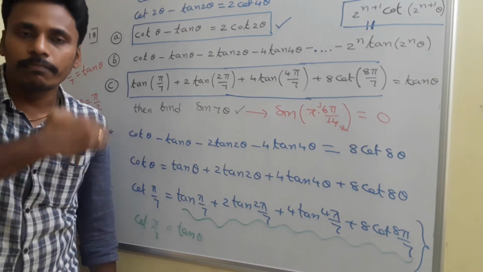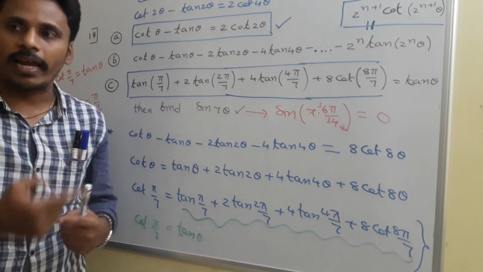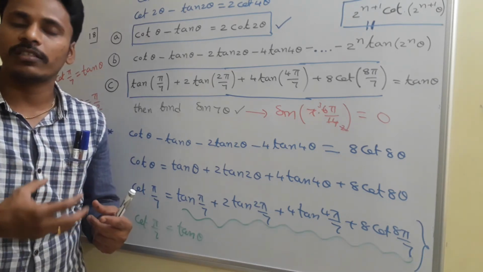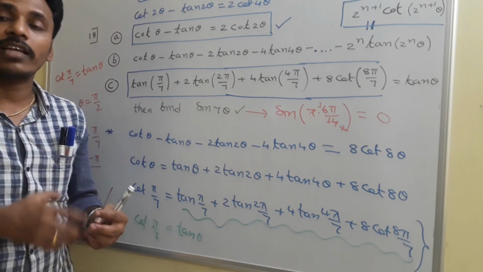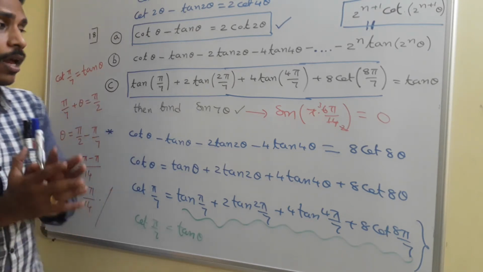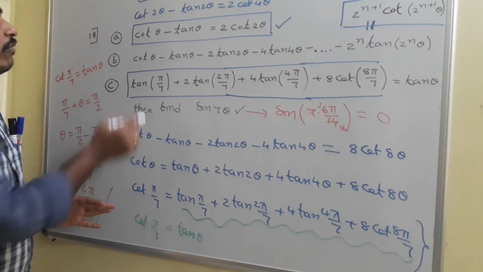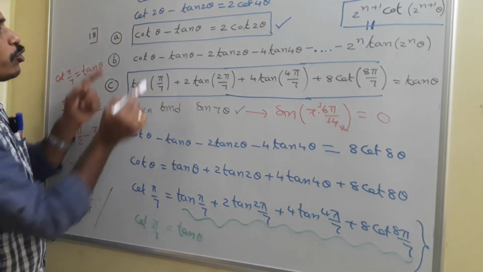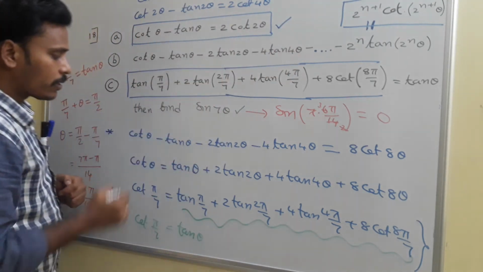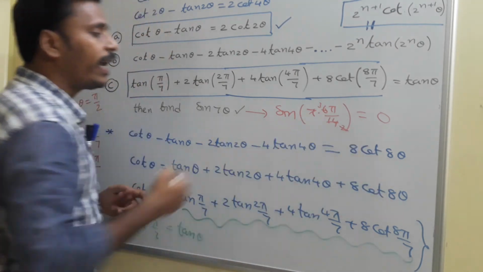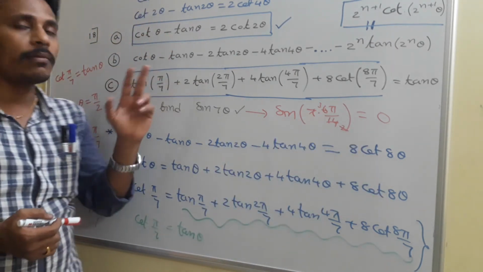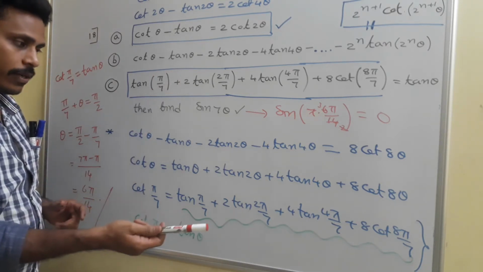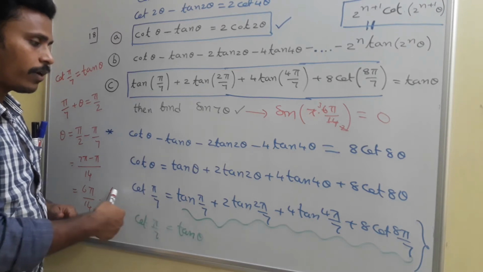See, practice and practice here. More practice, repeatedly solving different problems will give some strength to your memory, as well as give you much confidence in solving the problems. Now for this problem in particular, we have 18b and this is 18c. If you look there, I am using 18b, but up to 4 theta. See, up to 4 theta, the result is what? 8 cot 8 theta. Since the problem is in terms of pi by 7, you just replace theta with pi by 7.